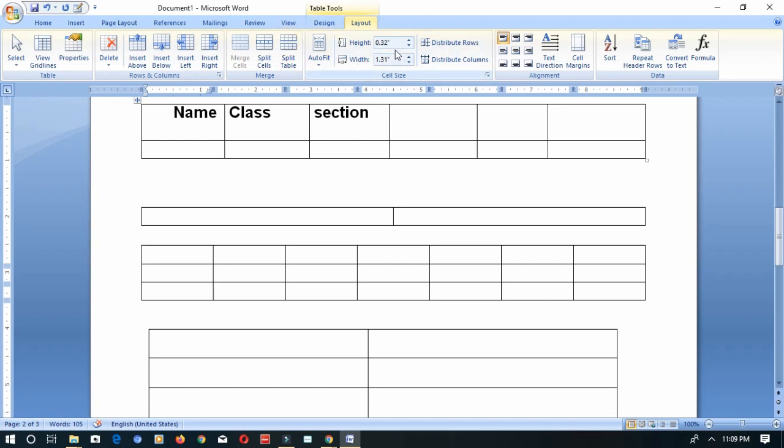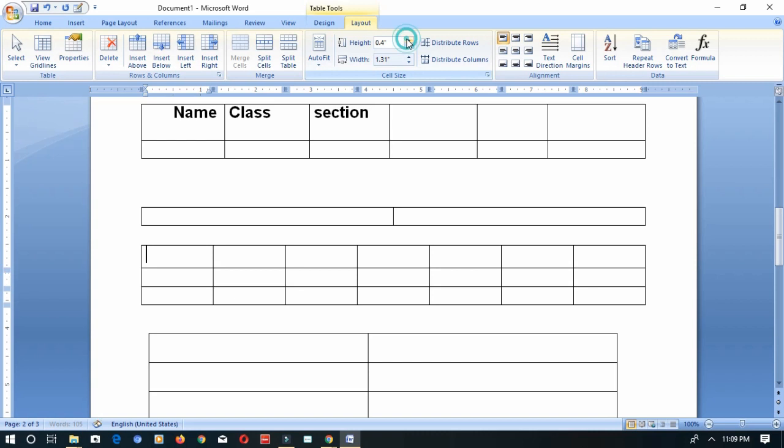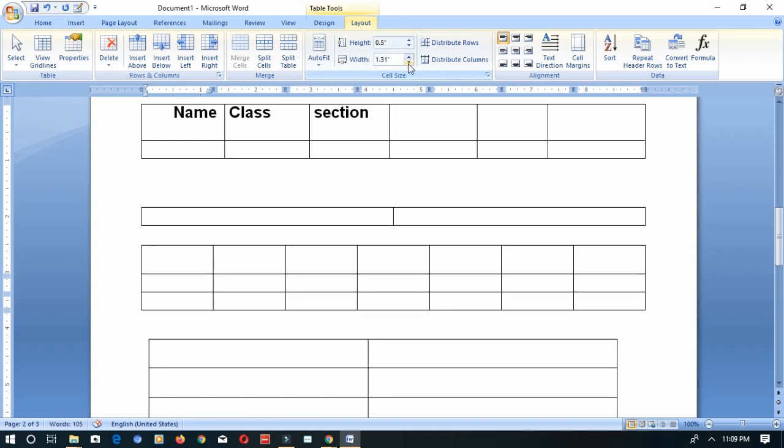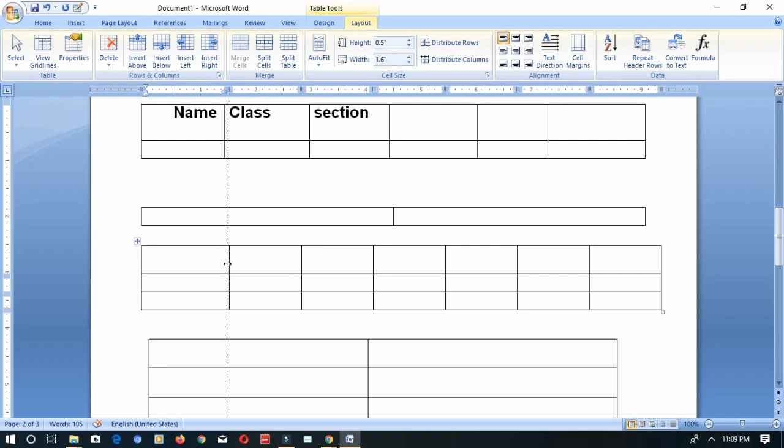Here you can increase or decrease the height and width. That is one way. What is the other way? An easy way: just go to the corner of the particular column. You will see this handle here, a vertical line. Just click on it and drag it.